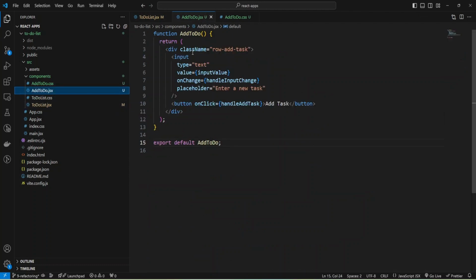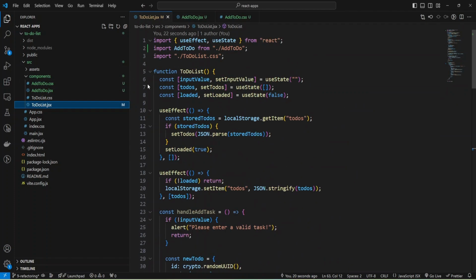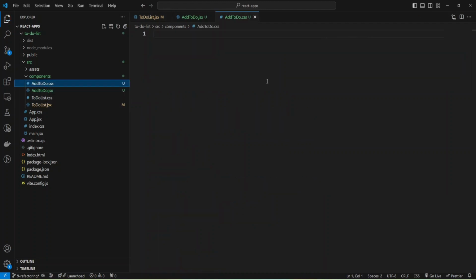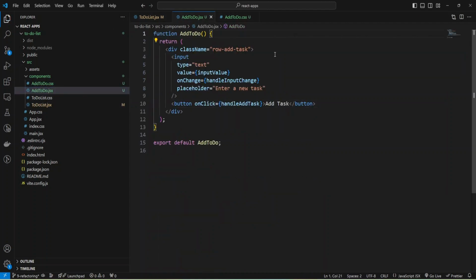But first let's check what we need to add. As you can see, we don't have input value, on change, and on click. Okay, and now I'm going to remove this state from our to-do list component and pass it into my AddToDo component.